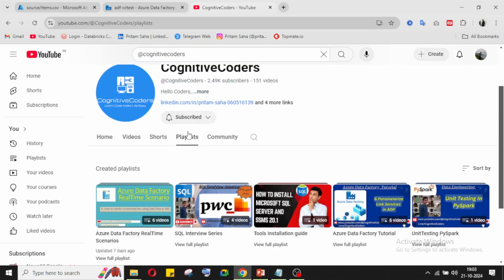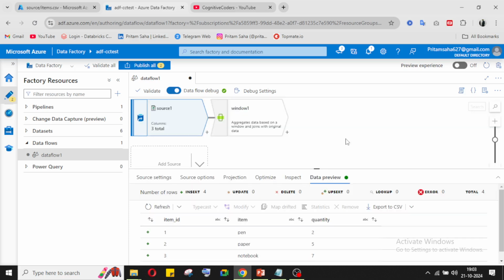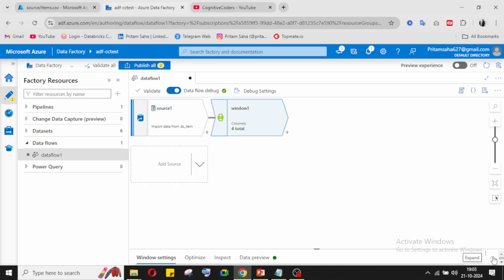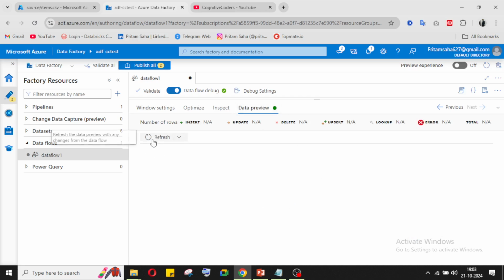Okay, so let's go. Our data is here, so all the data you can see. After that, if I go to the window, that's why we are converting the quantity first from string to integer, then we are summing up. Okay, if I preview the data,